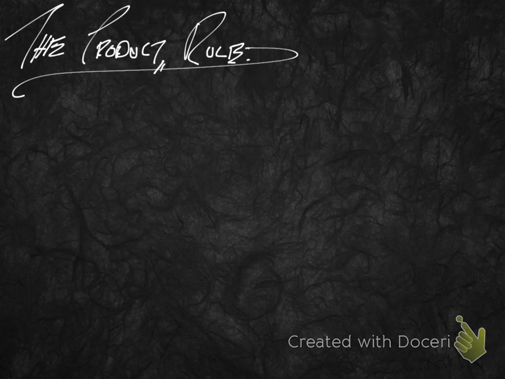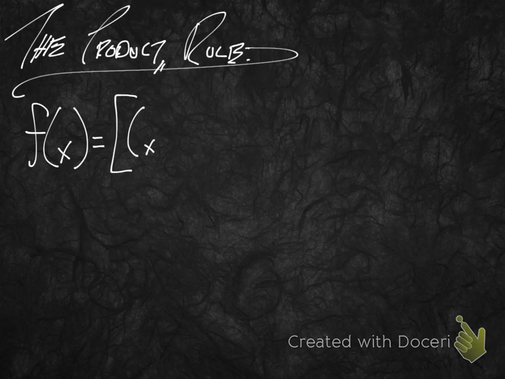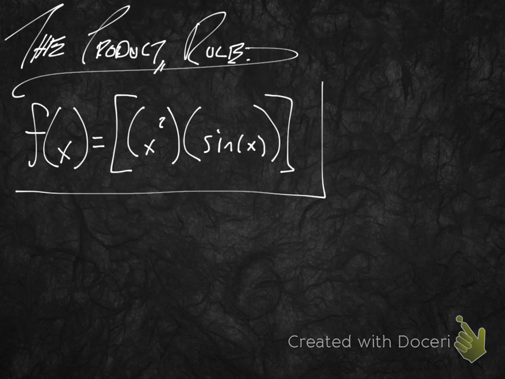Alright, so let's talk about the product rule with respect to a function containing trigonometric values. I would like to evaluate the function f of x is equal to x squared times sine of x. Not that bad, eh? So here's the function we want to look at, and let us quickly recall the product